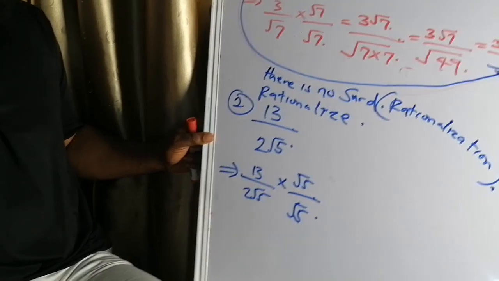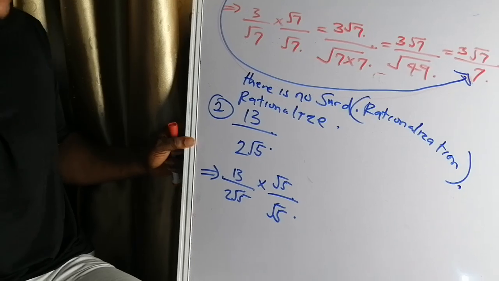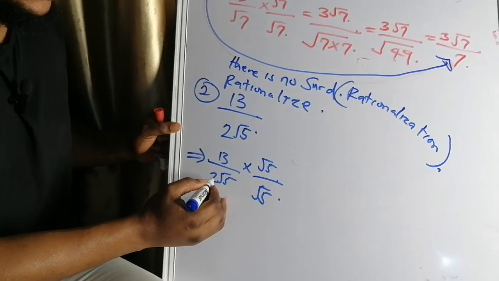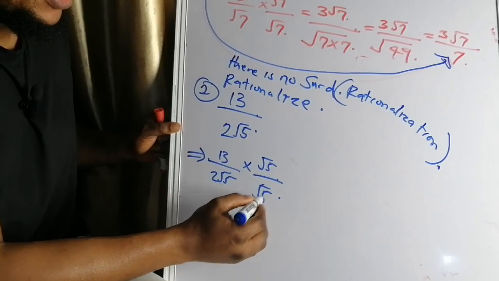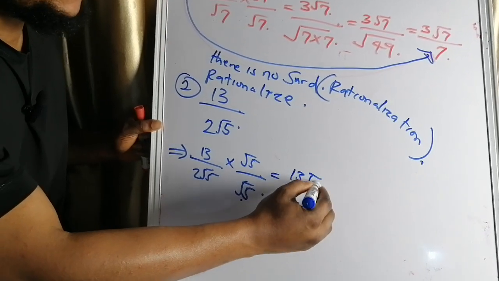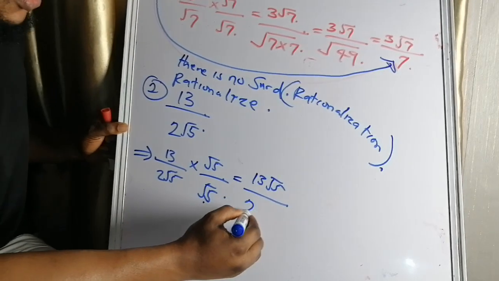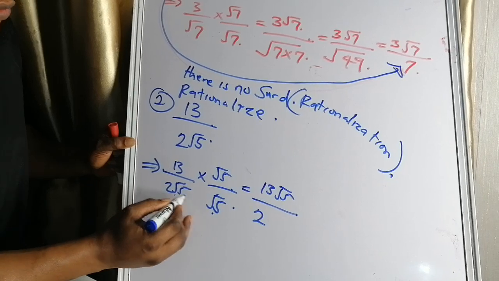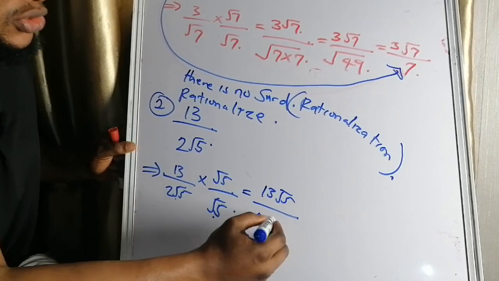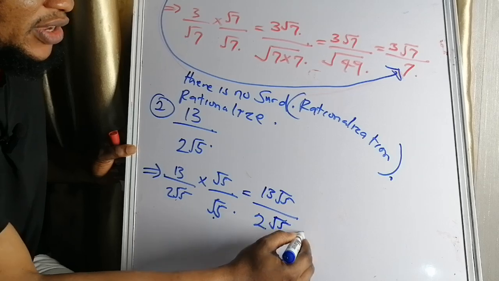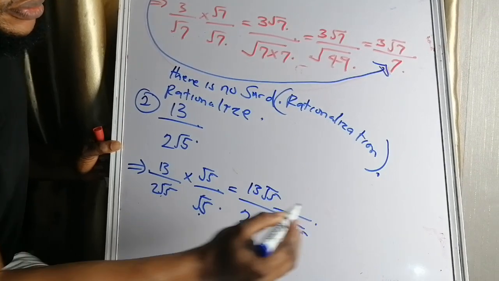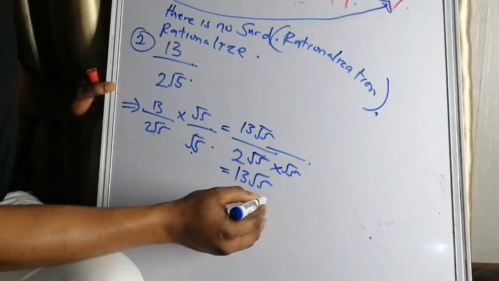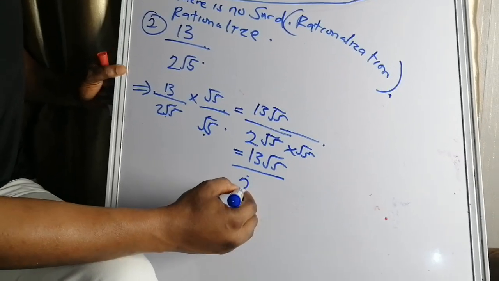Okay, so that is what I mean by that. Sorry, I'm talking about the denominator here. So that will be root 5 over root 5. So from here, you can have 13 root 5 over 2. Then don't forget, this is 2 root 5 times root 5. Let me first write it out. 2 root 5 times root 5. So don't forget, this will now be 13 root 5 over 2,